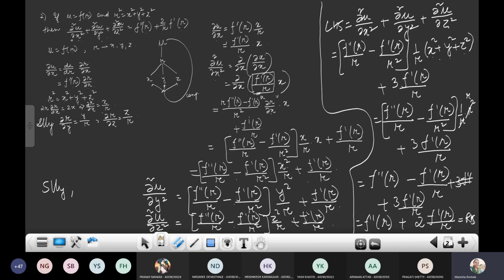But later, when you go for the second order derivatives, don't get confused that this is constant. That is also a function of r, and therefore this tree diagram always helps us. This is one of the important